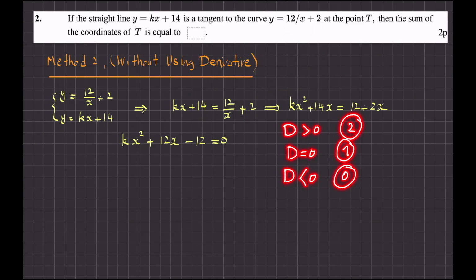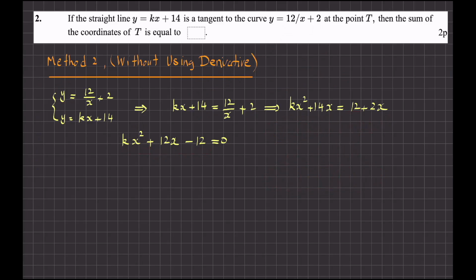But here, I don't want this to happen, because it means that the line does not touch my graph, does not have any intersection point with the graph, which is not wanted, because I want to have it tangent. I don't want this to happen either, because in that case the line will cut the graph at 2 points and it does not become tangent. It will cut the graph. So it means that I have to force this equation